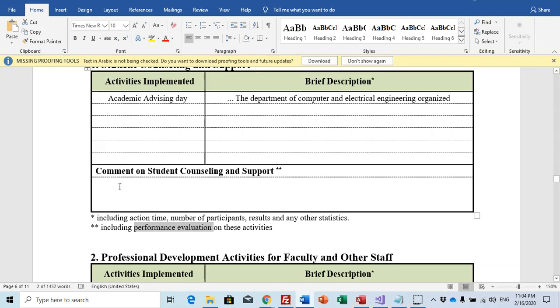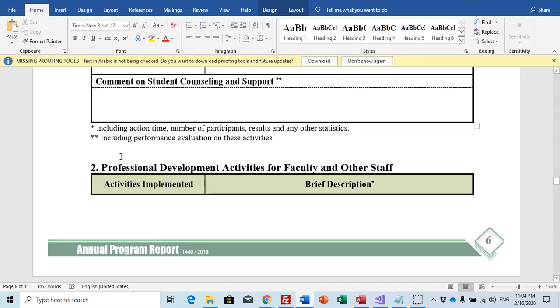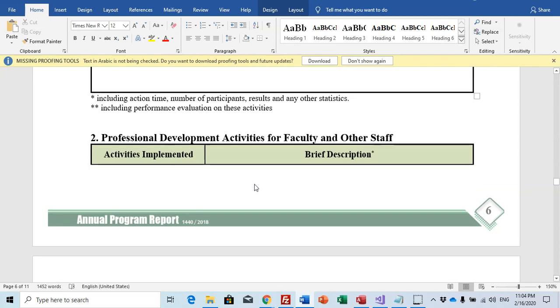Not just to write, oh, it was okay and nice, and you have to include performance evaluation and like a survey, like something to show or data to show that it was a successful activity and was provided with high efficiency and good results.